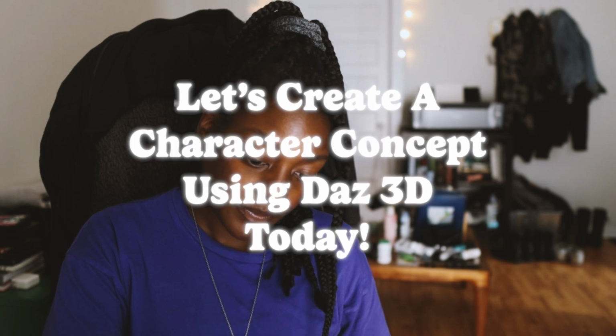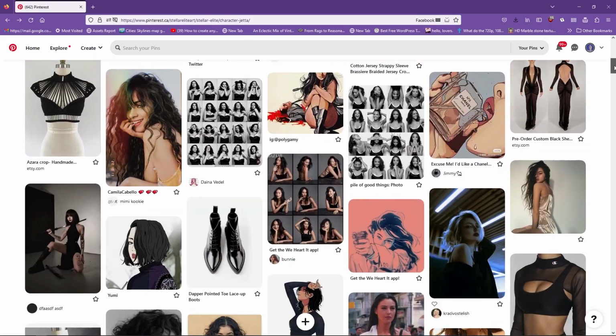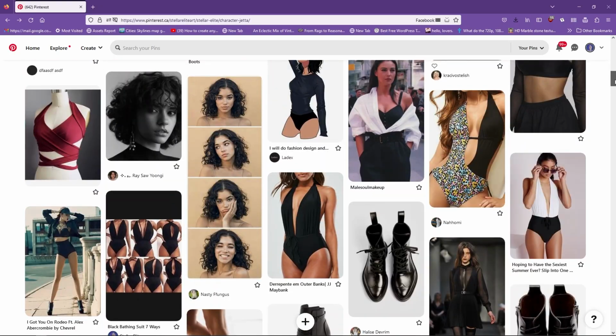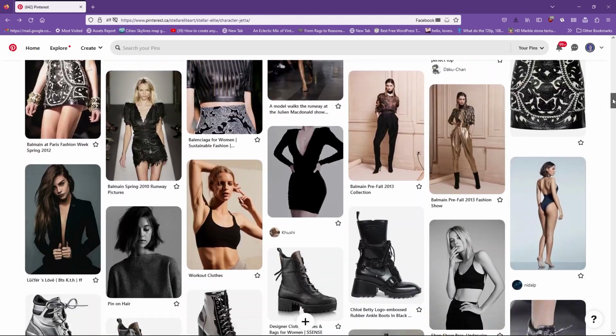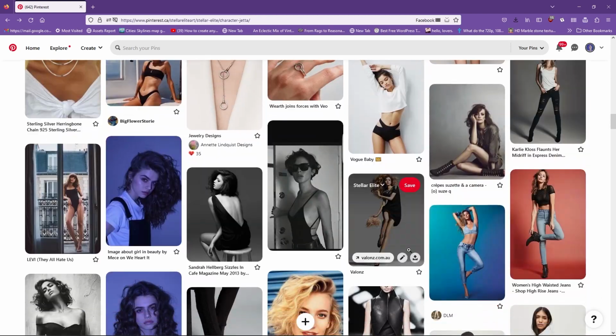Hey, let's make some character concept art using Daz3D today. I'm starting in Pinterest here. This is my Jetta board, and here I like to pin outfits, poses that suit the character, and my model